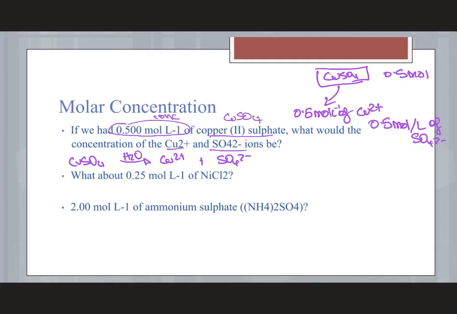If we look at 0.25 mole of nickel chloride though, when nickel chloride dissolves into solution, I'm going to get nickel 2+ and 2 lots of chloride ions. So with these 2 lots of chloride ions, from 0.25 moles per litre of nickel chloride, I will get